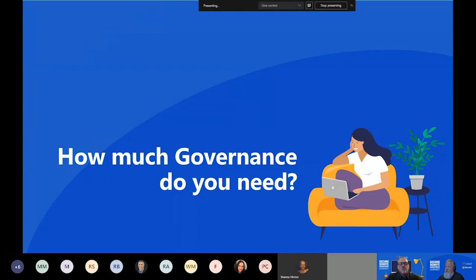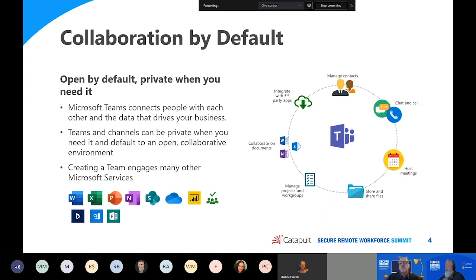So we start off with the discussion about how much do you need and where do you need to govern? And one of the things that's a particular note with M365 is, this workshop today is focusing on secure, productive workplace and Microsoft Teams, right?